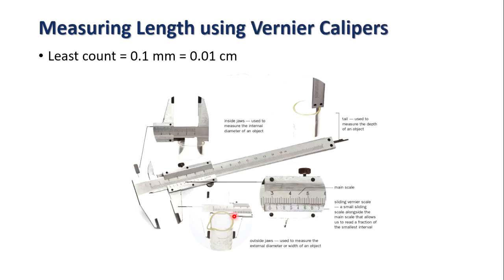Now the next one is the Vernier Calipers. Its least count is 0.1 millimeter or 0.01 centimeter. Means it is 10 times more precise than the meter rule. Now Vernier Calipers is a versatile instrument में ये आउटसाइड जॉज होते हैं। अगर आपने इसका किसी चीज़ की लेंथ फाइंड करनी है या उसका आउटर डायमीटर फाइंड करना है तो यू प्लेस दैट ऑब्जेक्ट इन बिटवीन द आउटसाइड जॉज